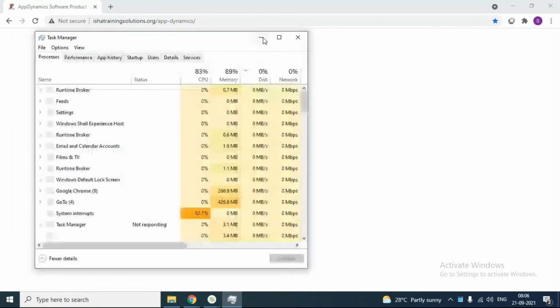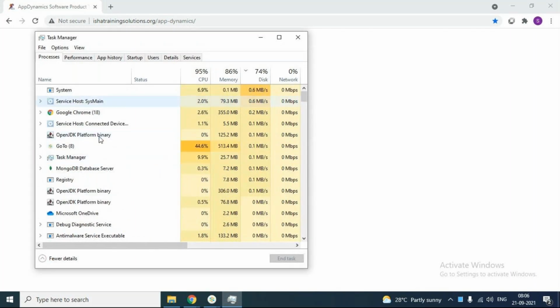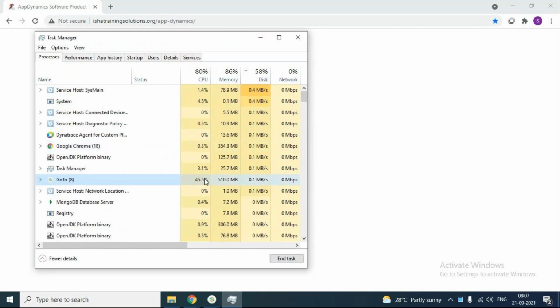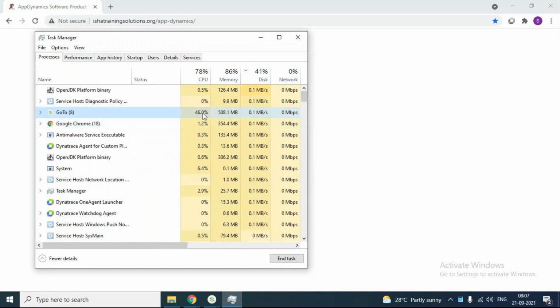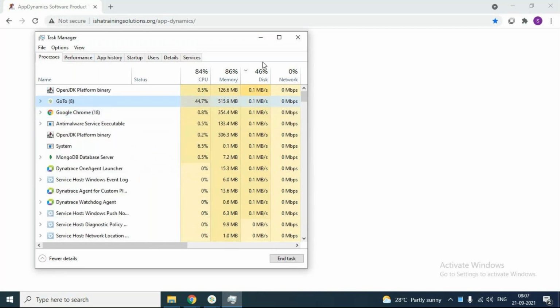The GoToMeeting version, it looks like, last week they updated their UI. After that, nowadays it is really slow in loading things. Even if you click the mic option, it is spinning and only then is it muting or unmuting. And if you look here, this GoToMeeting is individually taking 40 percent of my CPU, 45 to 50 percent of the CPU. I don't know what's happening. Okay, we'll come back.